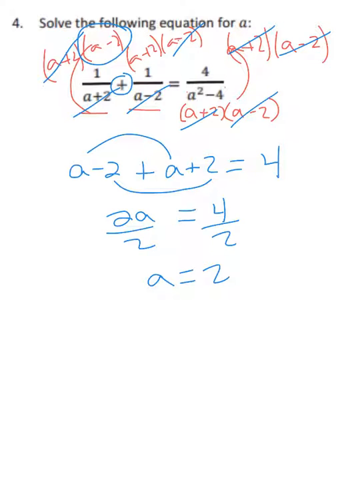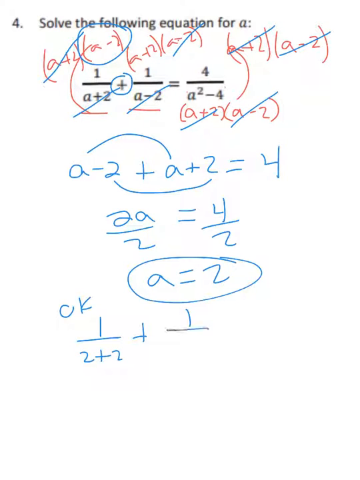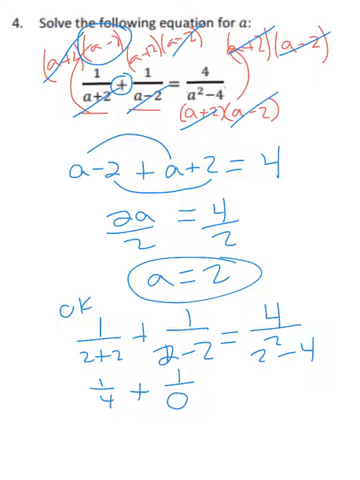And if I check it, the thing will work, because I actually get, if I do the check, that's my answer, 1 over 2 plus 2, plus 1 over 2 minus 2, equals 4 over 2 squared minus 4. So if I start checking, this is the reason why we're checking it, my bad, I'm telling you that it works. I get 1/4, okay, plus 1 over 0